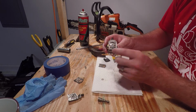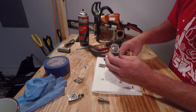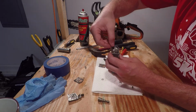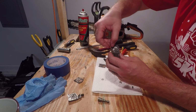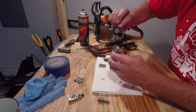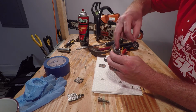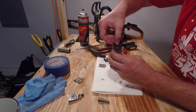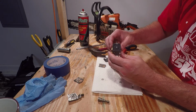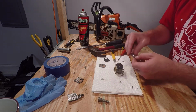Once you have everything put back together on this side, you can go ahead and start putting the new gaskets back on. First one that goes on is this one with the big hole in the middle. The next one, you can see that kind of wheel and spoke looking thing that goes facing down this way. This is the diaphragm. And then once you have those two on in that order, you can go ahead and put your top back on